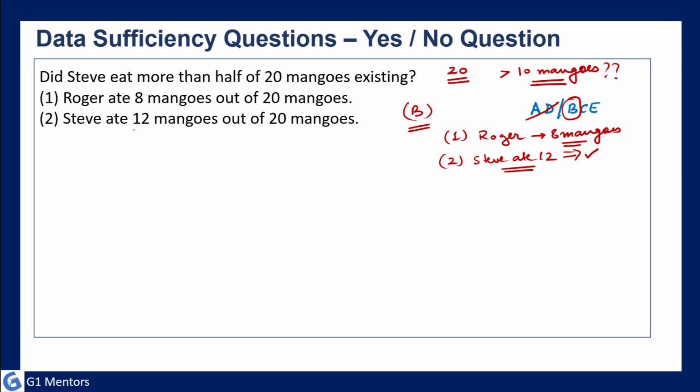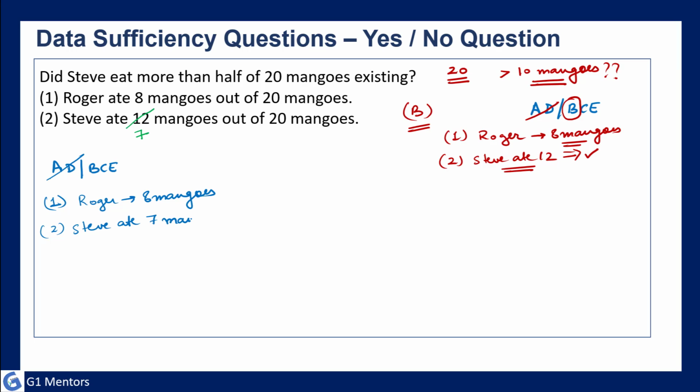Now let us try to change this question a bit. If this question said that Steve ate 7 mangoes, then what would have been the answer? If statement 2 said Steve ate 7 mangoes out of 20 mangoes. As always, we write ADBCE to solve the data sufficiency question. So I go to statement 1 first, which says Roger ate 8 mangoes. Like last time, this is not sufficient. So I strike off A and D. Now statement 2 says Steve ate